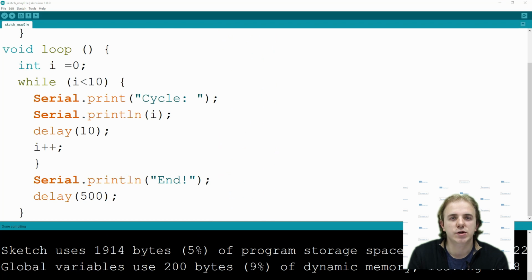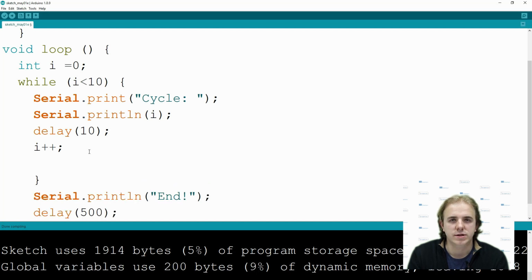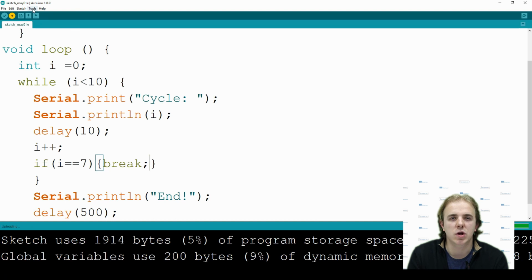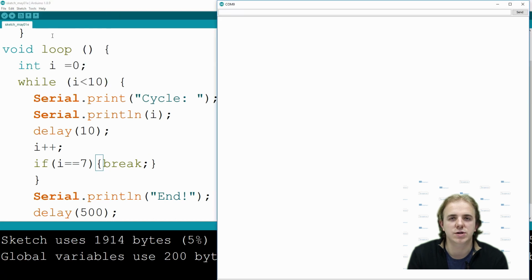Sometimes there is a need to stop while loop execution before the exit condition is met. In this case, we can use the break keyword. If you write break in the while loop, it will exit the loop. To demonstrate how this works, we will add if statement. As a condition, we will compare our variable to a number 7, and in brackets we will write break. If you upload this code, you should see that the loop cycle only prints out numbers from 0 to 6